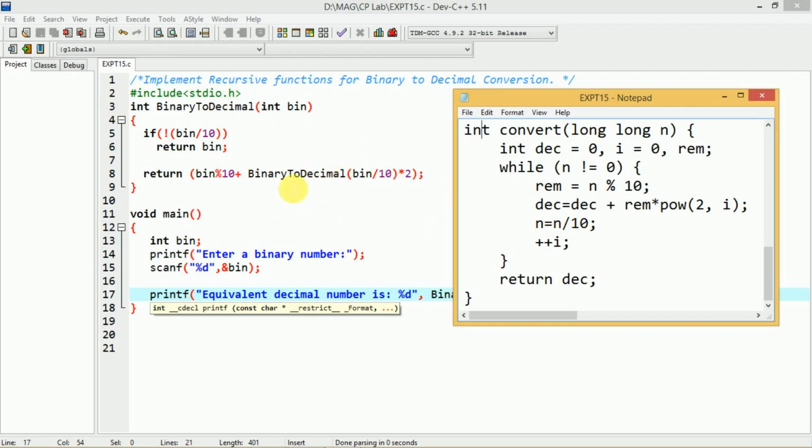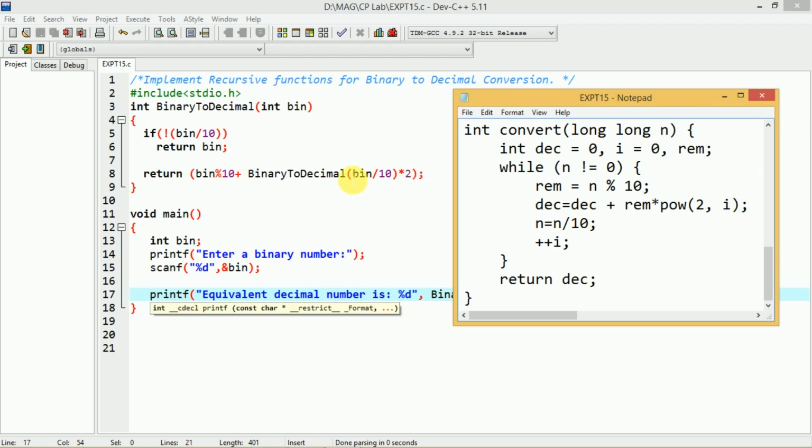Whatever value we get is multiplied again by 2 here. Instead of writing the power function 2 raised to i, where i should initially be 0, then 1, then 2, then 3 and so on, each time we multiply with 2. At the beginning there is no need to multiply by 2 because it is 2 raised to 0, which is 1, but in the subsequent iterations it will be multiplied by 2, like 2 raised to 1.